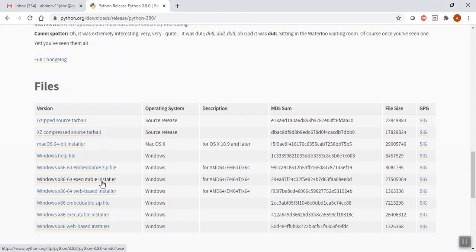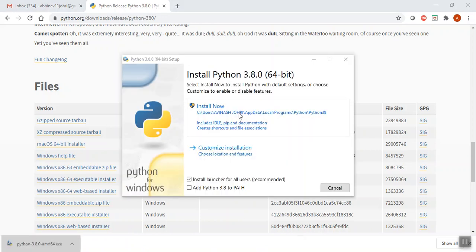See, it started downloading. Let it download. As soon as you click on it, you will see a dialog box. It is showing me the version number, and it is asking me to provide the location. This is the default location where Python can be installed. Click here.